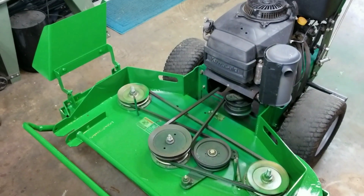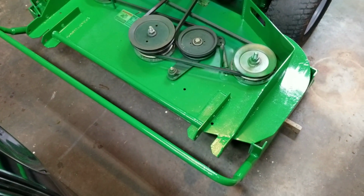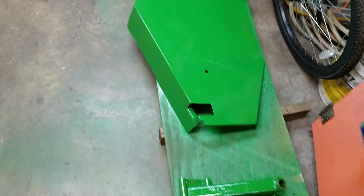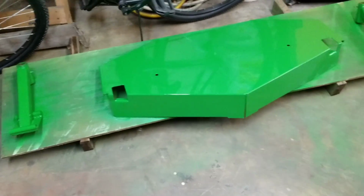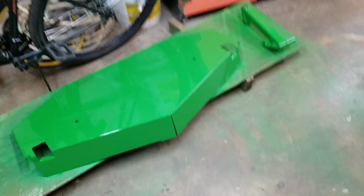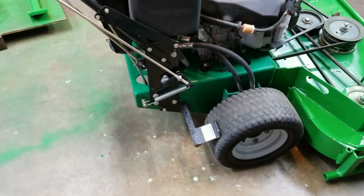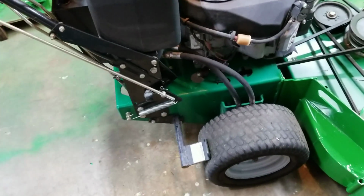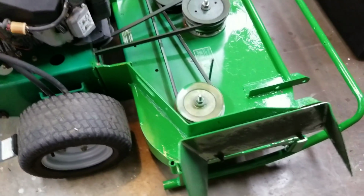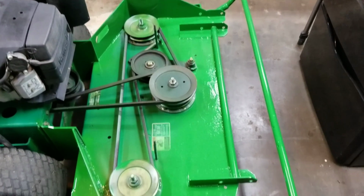All painted up. Safety green on all the parts that I fabricated. And then I left the chassis alone. I thought about repainting that too, but that's just a whole lot of time just for something that's cosmetic, and I really didn't care about the color matching as much as I do the corrosion resistance,